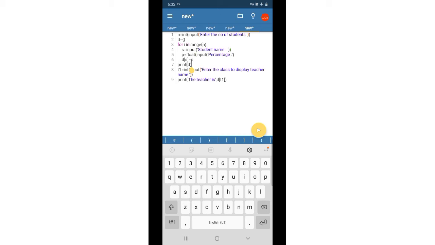Now in the question, instead of displaying, we have to delete a particular student. So here we can write input, enter the student name to be deleted from the dictionary.